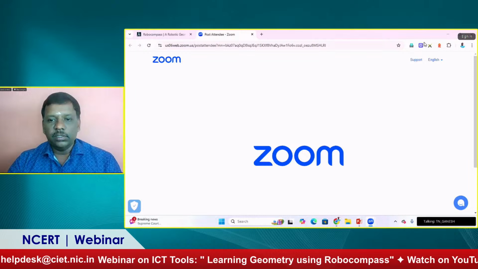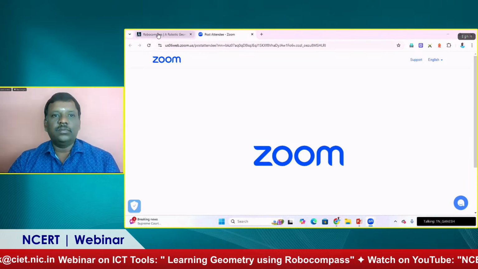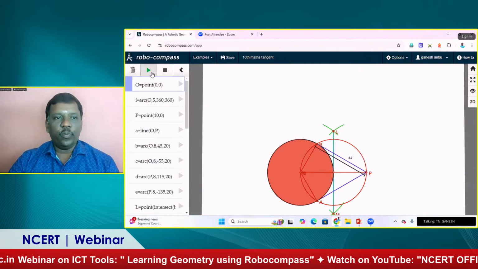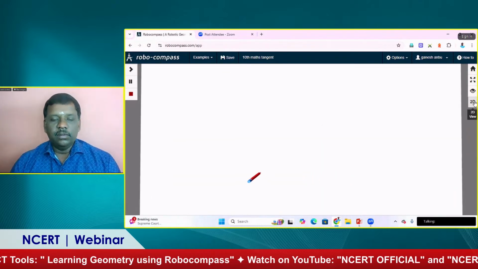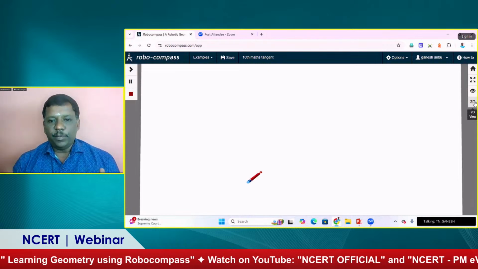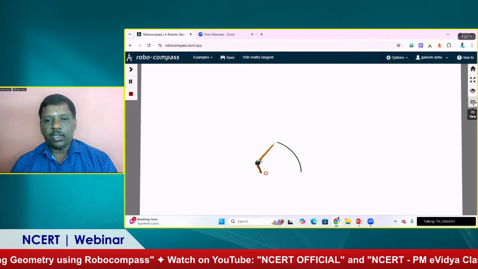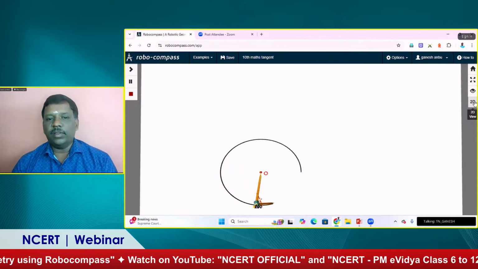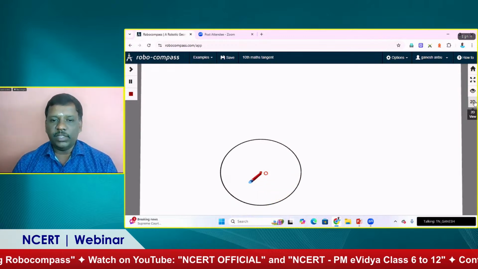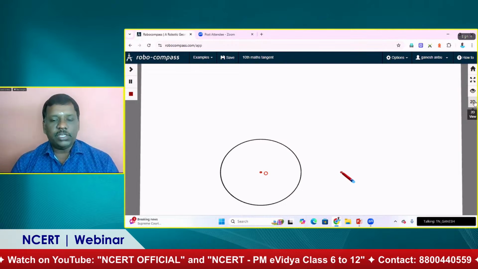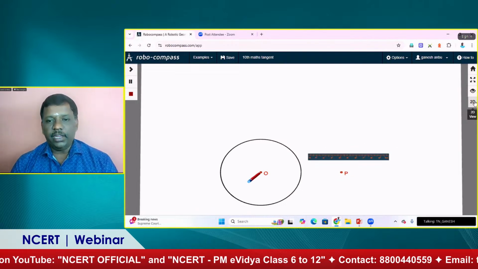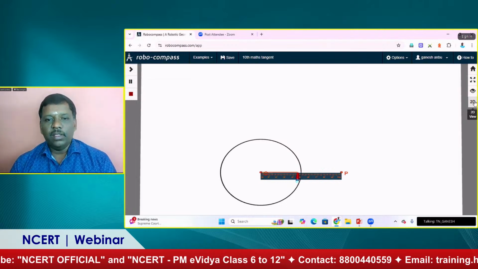Next one. Now you can see what Robocompass can do. Here you can see the pencil will be coming there and mark a point. Okay. The compass will come always and now you draw a circle with some radius. And also you can see these are all the animations that we can create using this software, which will be